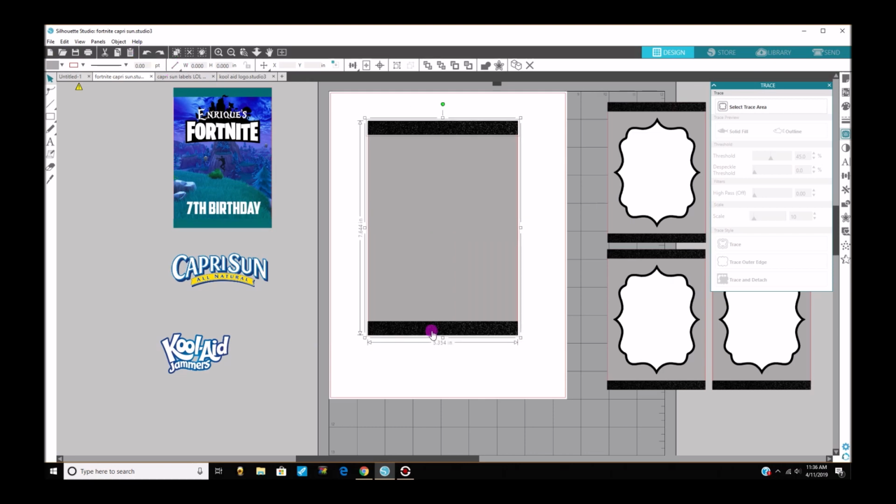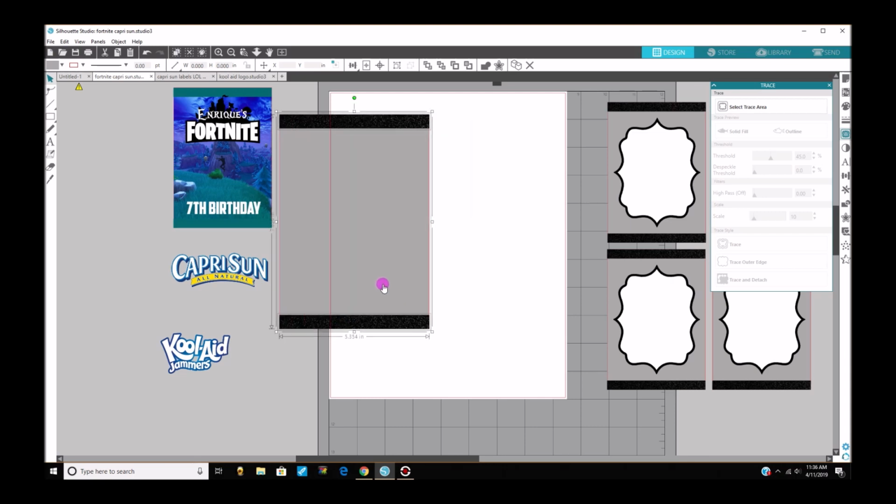Because I've seen people that sell the files and you have to go in to, I guess depending on what software you use. Most softwares, not all of them, I don't think, but this is the software I work with. This is all I could talk to you about because I don't know any other software, how they work. But I've seen videos where they'll come in and say let's get our shape, and then they'll trace that shape. Boom, there's your bottom one. And then they'll get their shape again and go trace that shape. No, you don't have to do that in the Silhouette software. If the template is made for you already, all you do is simply click